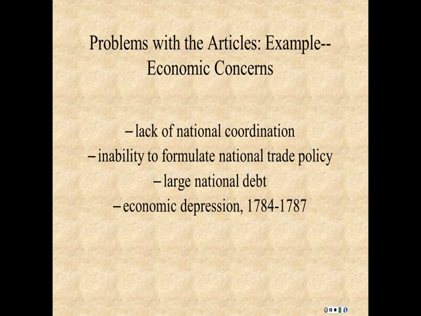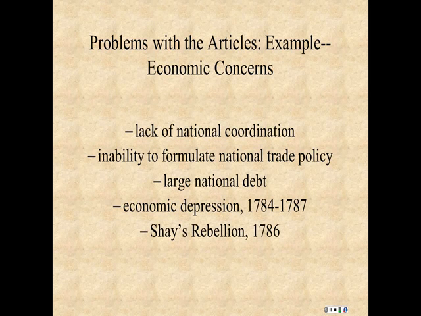American farmers were hurting. Farmers were being foreclosed on their land. Farmers who had fought in the Revolution and had been paid with Confederate dollars or government IOUs that were not accepted by many of the states. This was the case, for example, in Massachusetts. And the result of this disorder and chaos was an internal rebellion in the state of Massachusetts. You can read about it in your book called Shays' Rebellion, led by Daniel Shays, and involving a bunch of farmers, most of whom were veterans of the American Revolution.